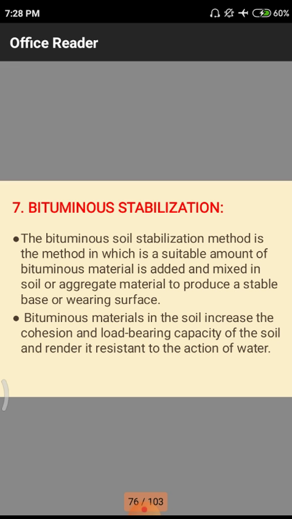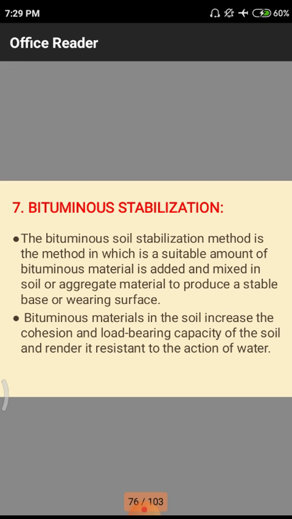Stable base means that after mixing with a particular quantity of material, it is not allowed to react with other surrounding materials. Why? Because normally it has a bond with the soil or aggregate, so it is responsible for strengthening those materials. And in some cases we use this bitumen as a wearing surface. Where do we use bitumen as a wearing surface? Normally we have a huge quantity of national highways and other